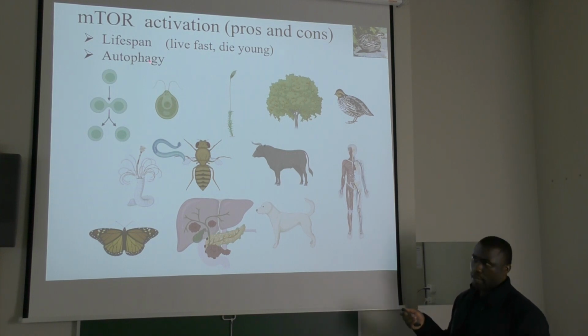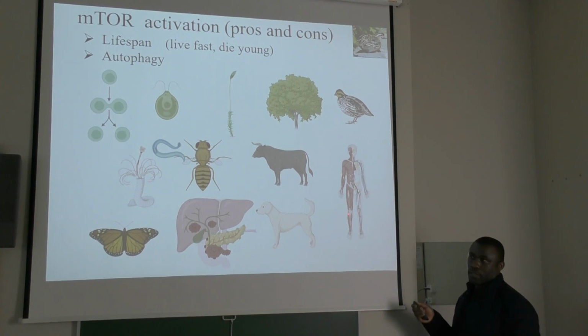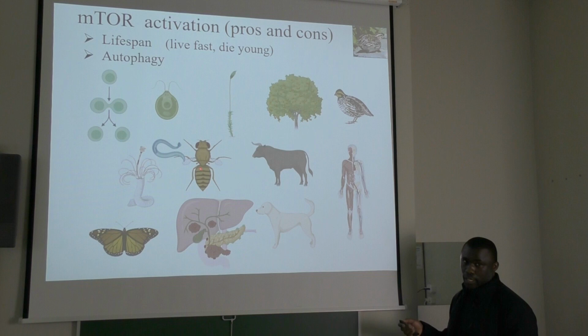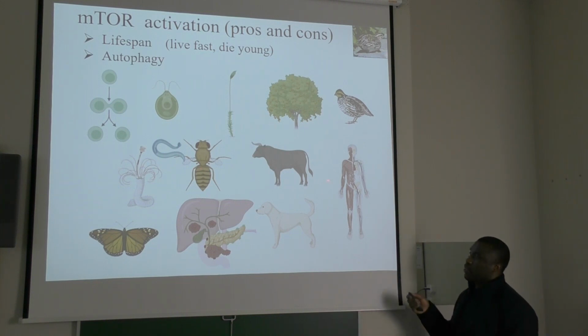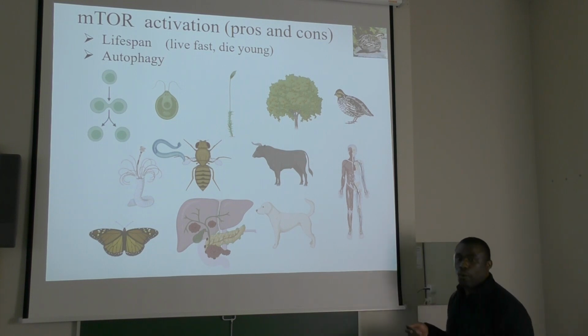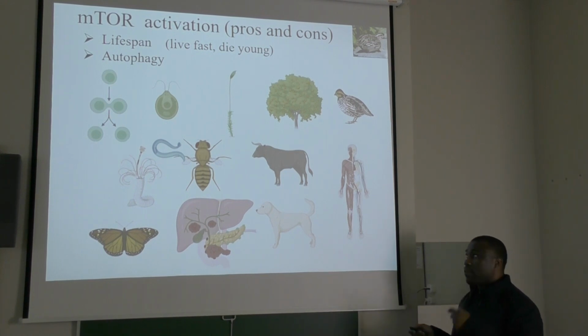So we extend our lives. Life starts with a single cell. Bigger organisms need much more food in order to grow, and they live longer than smaller organisms. You can see here that flies have a shorter lifespan compared to multicellular organisms. These multicellular organisms usually need a lot of nutrients and need to stimulate their mTOR pathway more. But within species, there is a difference.